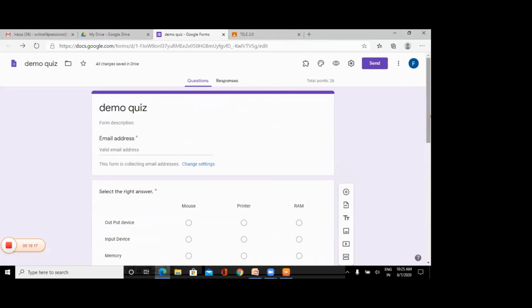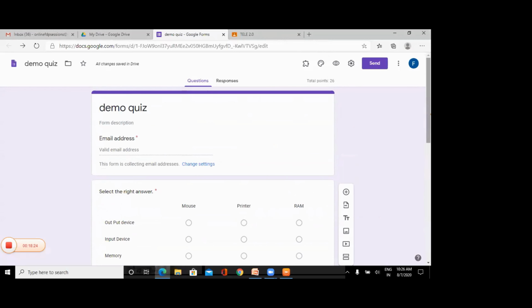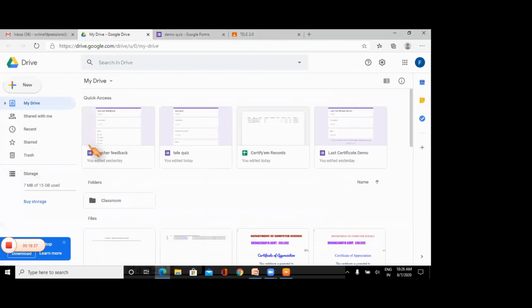So I think I need not to share this link because it's very easy. All of you are able to make it. So let us proceed towards our next topic, that is autocrat and doc appender to measure the performance of the student. So for that, what things do we require? First of all, we have to make a folder separately. So I request you all to do all the steps along with me, side by side.